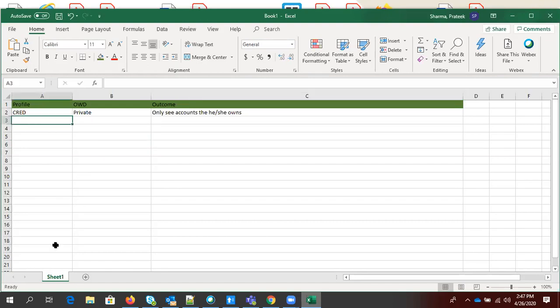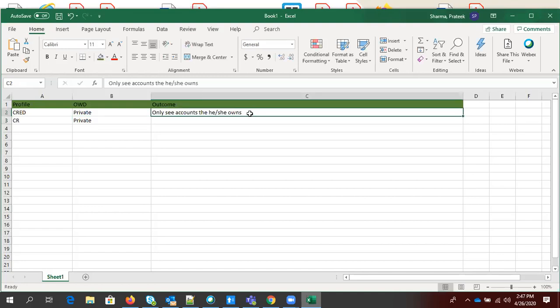Let's change it slightly. Now the object permissions are create or read only. And again, the OWD is private. Then what will happen? Let me just modify this, without edit and delete.